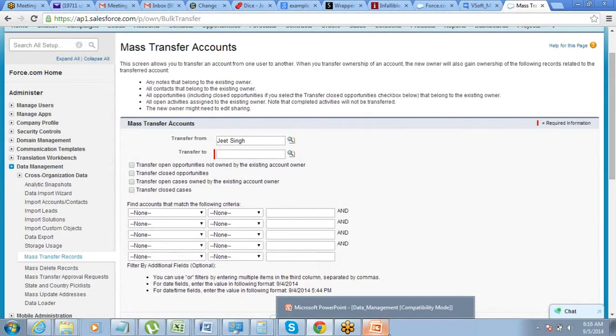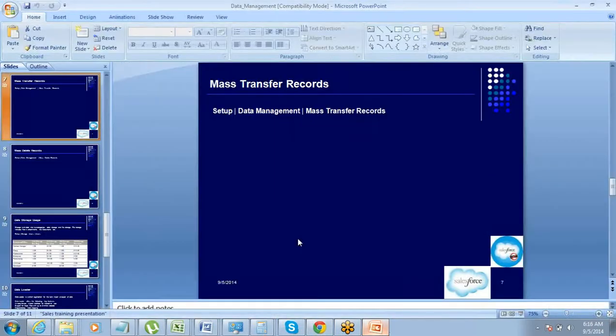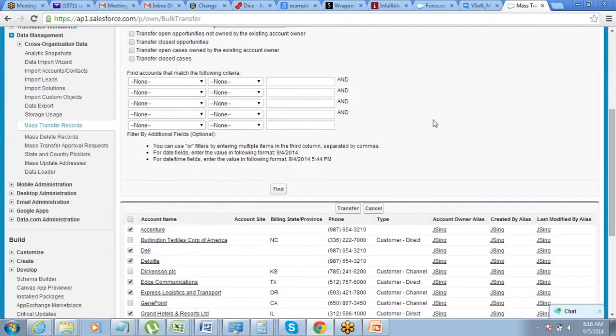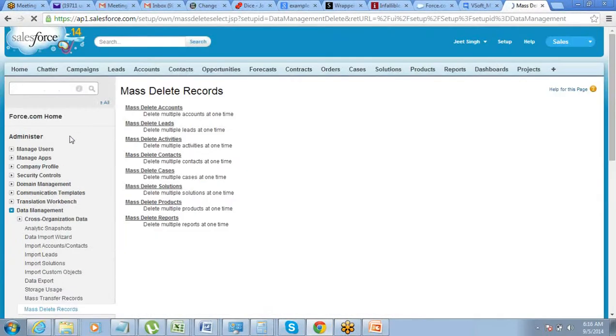The other option that we are going to talk about is even simpler, that is mass delete of records. Right? Now, what is this mass delete of record? Mass delete means deleting records in bulk. Right? So there you don't have to do anything, you just have to select a few records and then just click on a delete button. So the easiest thing in this world is delete, right? So just go to your setup, data management, then go to mass delete records. Select which records you want to delete.